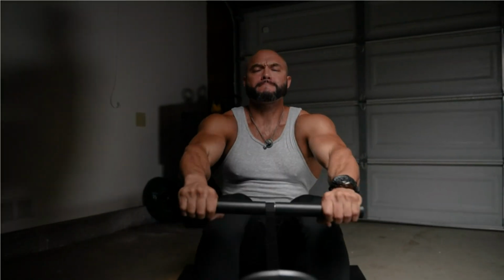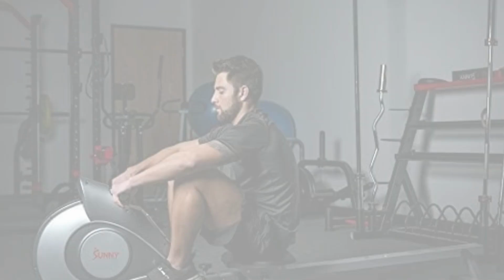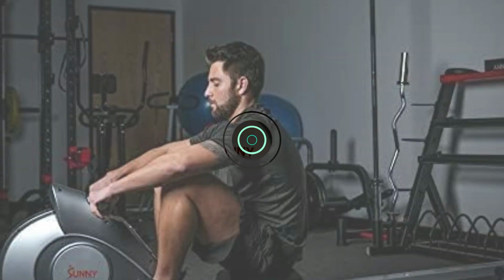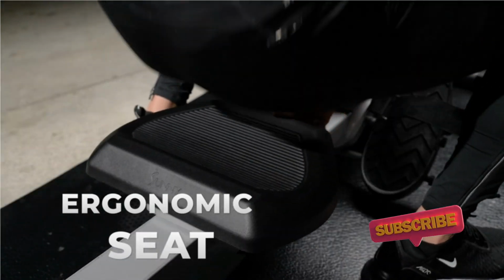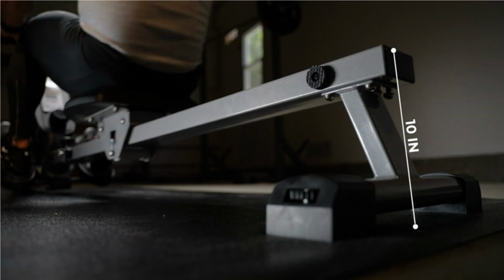Constructed with a sturdy steel frame, the rowing machine ensures durability and stability during even the most intense workouts. The oversized, textured foot pedals with adjustable straps provide a secure and comfortable fit, allowing you to focus solely on your rowing performance. The cushioned seat and non-slip grip handlebars enhance comfort, enabling you to row for extended periods without